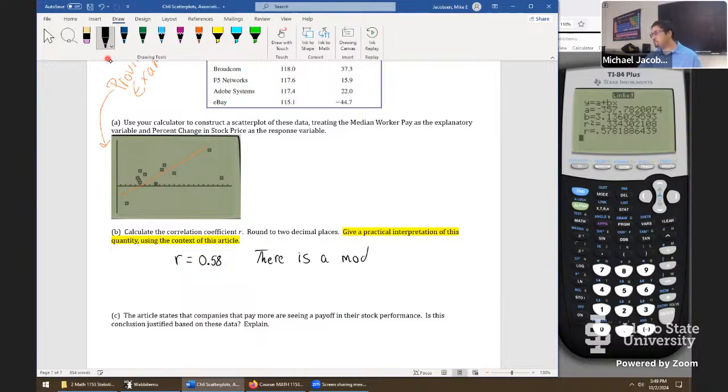a moderately strong positive. We're saying positive because the direction of the scatter plot is positive as we observe the line, and so is the correlation coefficient. If R was negative, our line would have been going down instead, and we would have said the relation is negative. So there's a moderately strong positive relationship